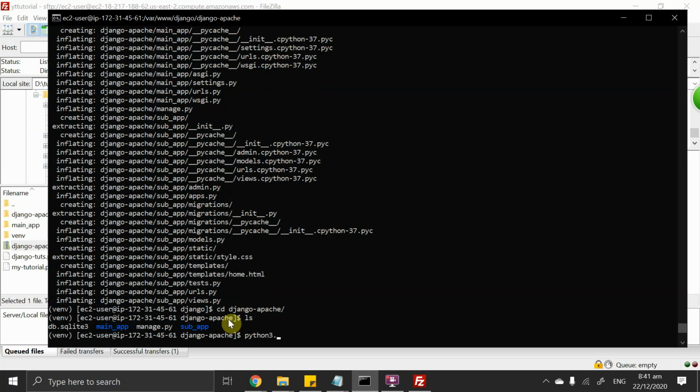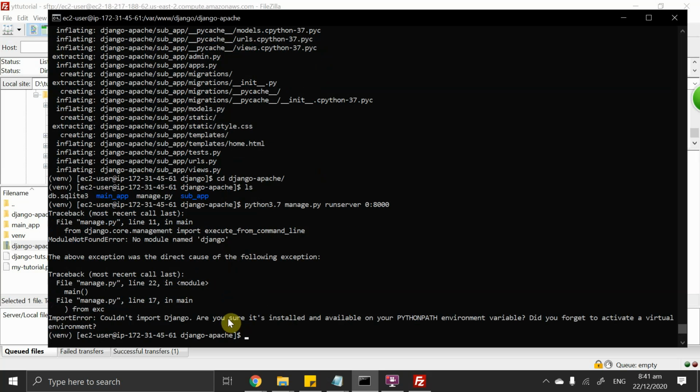And I will do python3.7 manage.py runserver 0:8000. So it says that it couldn't import Django because